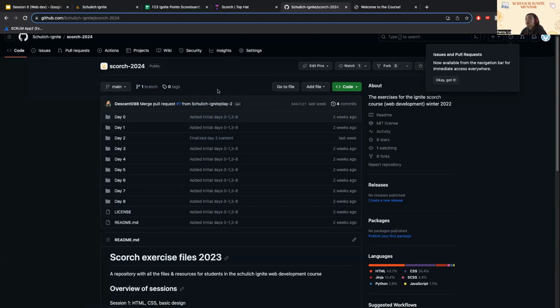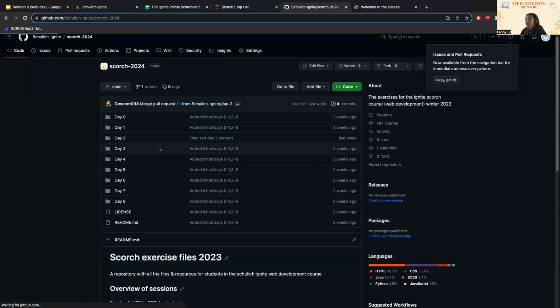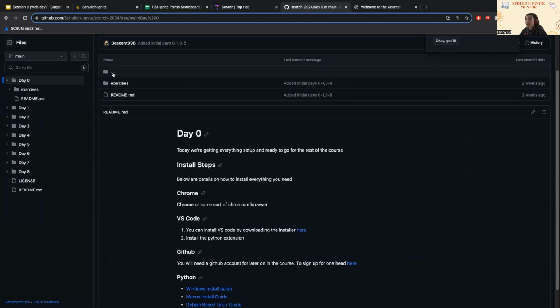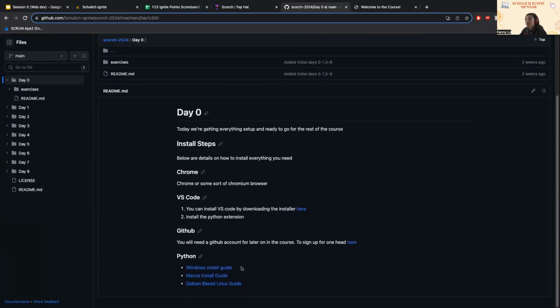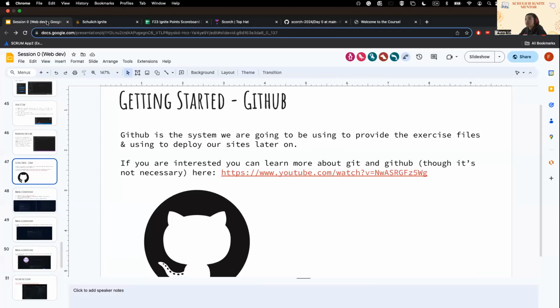But if you are new to Git and just want a simple way, you can just go here in the drop down with code and download the zip file. I already have it downloaded, so I won't do it. And then you can just unzip the folder and it'll show you the content here on your own local file system. So for session 0,